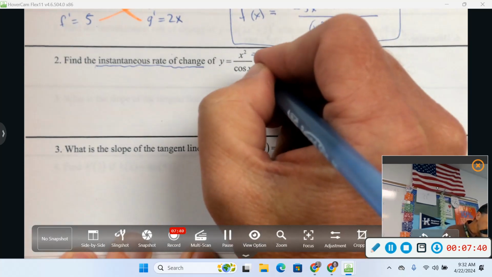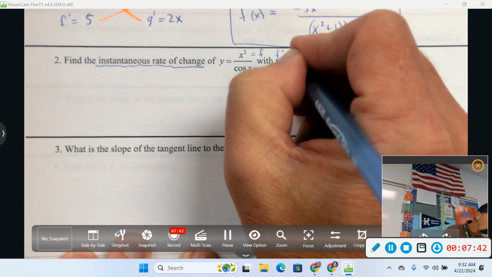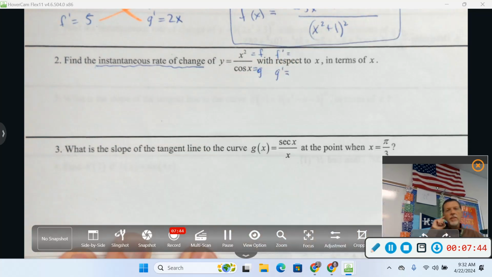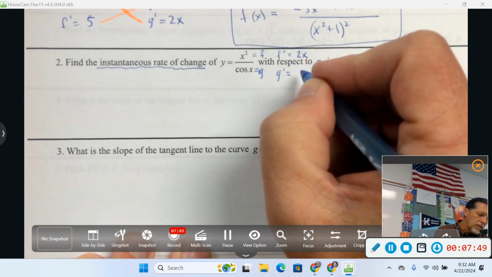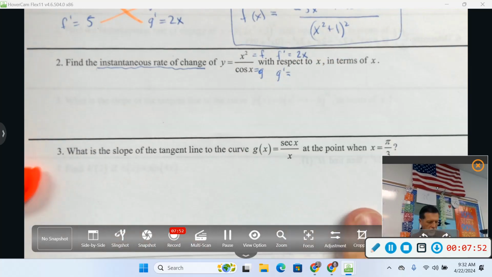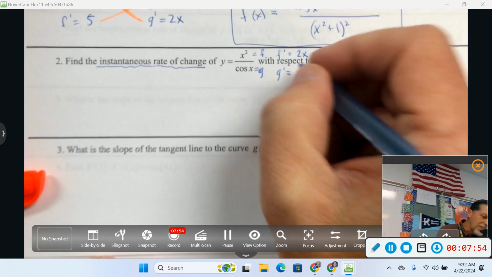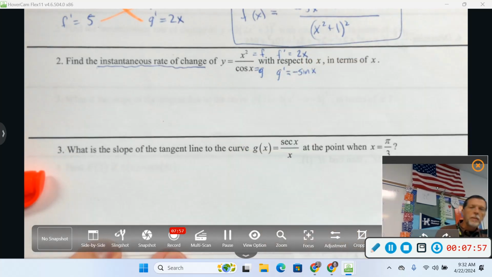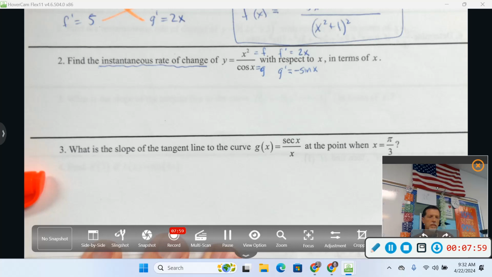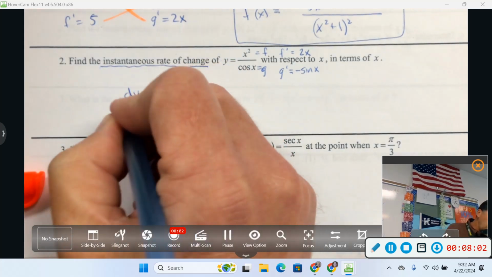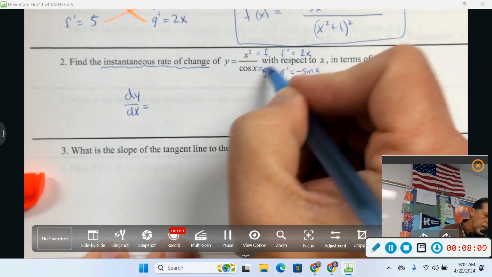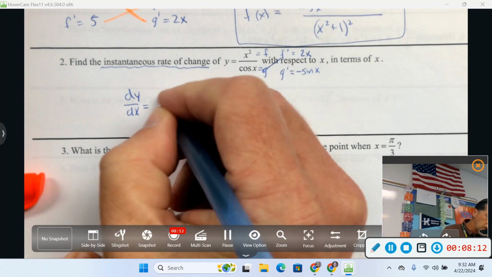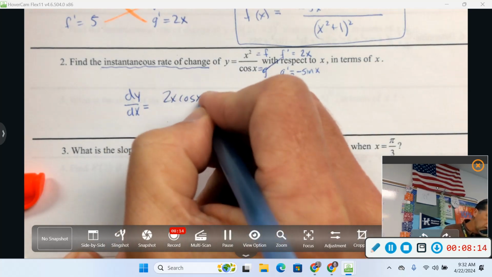It'll save a little bit more space on this one. So the top is f, the bottom's g. f prime is 2x. g prime is, what's the derivative of cosine? Negative sine. Good. Okay, so the instantaneous rate of change, or dy/dx: gf prime. gf has to come first to make it work. gf prime would be this way, so that would be 2x cosine x